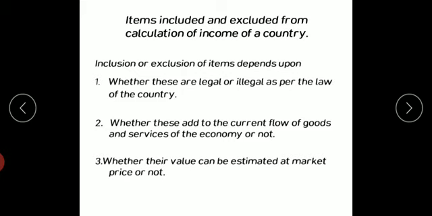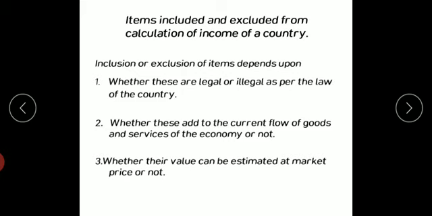Basically, what is national income? National income is income generated through productive activities that are legal activities. And the most important thing is that whatever income is generated should come to the notice of the government, and should be in an account through which we can sum the total income. If any activity is performed somewhere but is not coming into the records, then we cannot calculate that. So basically these are the key points to answer such questions.